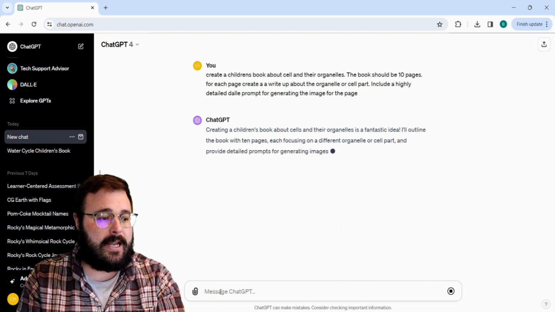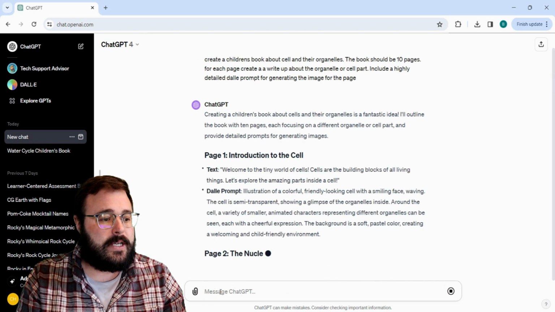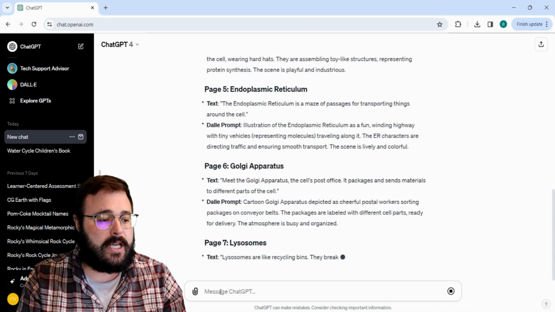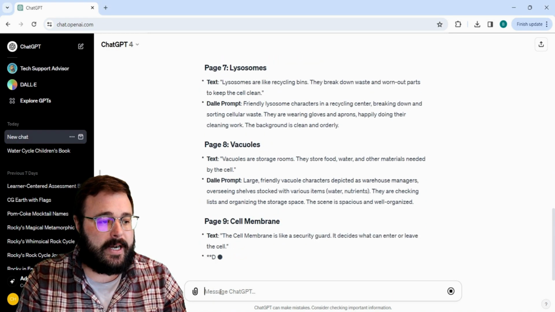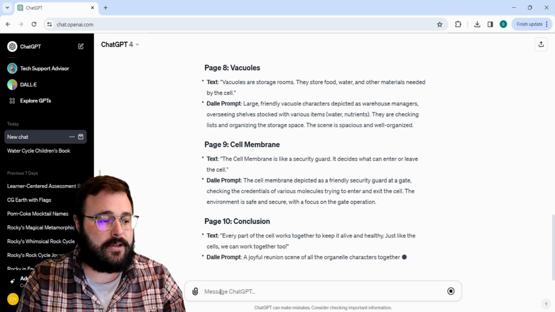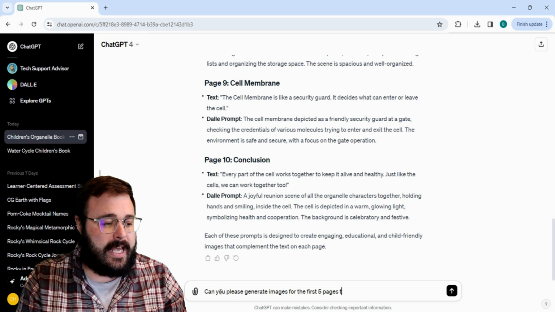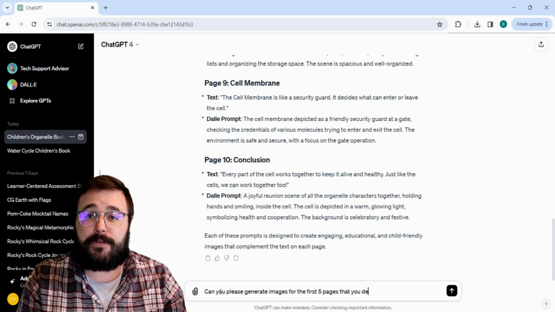So then I let that run. I asked for 10 pages, so I want a 10-page book, and it's just ripping through all the different organelles, making text prompts and image prompts. So now that we have that, I'm going to say, can you please generate the images for the first 5